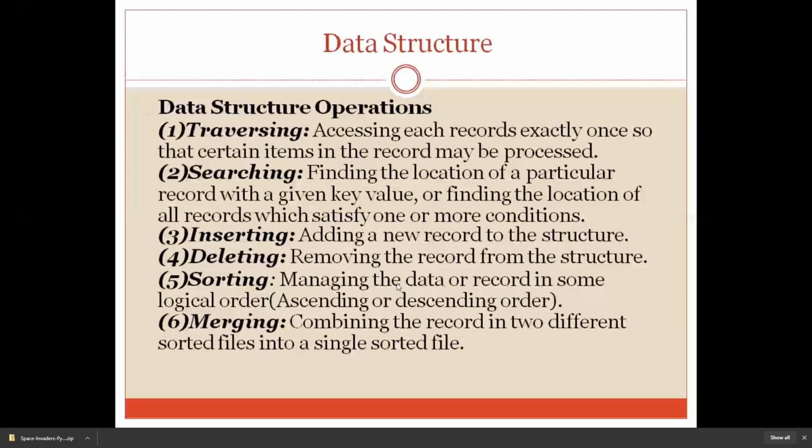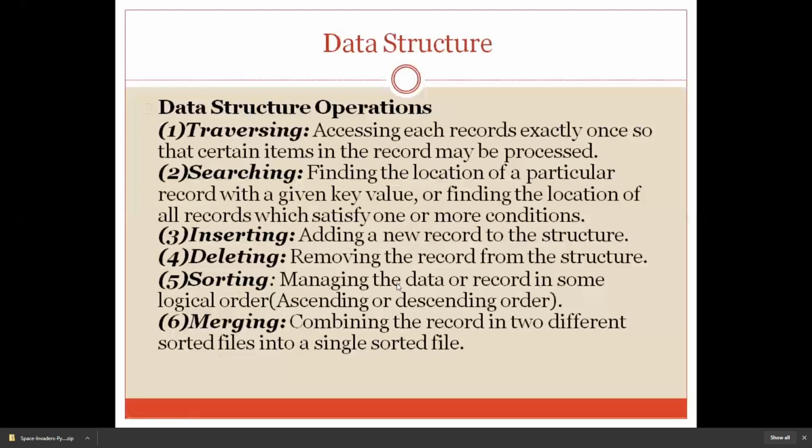If you are writing it, make a note as important questions or exam questions, or whatever is convenient for you, that this question appeared in your Batu end semester theory paper. Describe all the operations that you can perform on a data structure. 3-mark question. You are supposed to write these 6 operations, traversing to merging, and you have to show 2 examples like array or linked list. So work accordingly. I hope you have recorded this information.